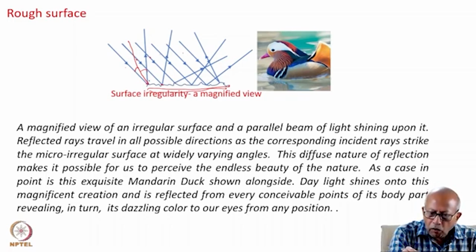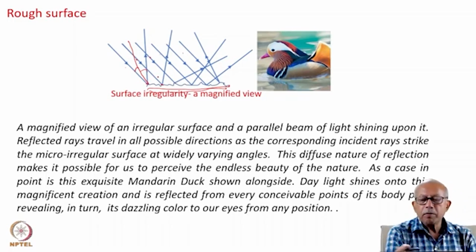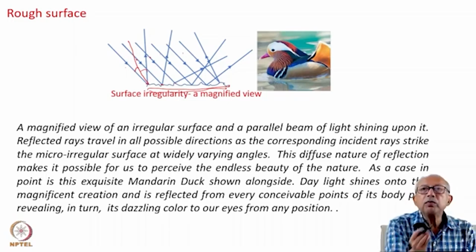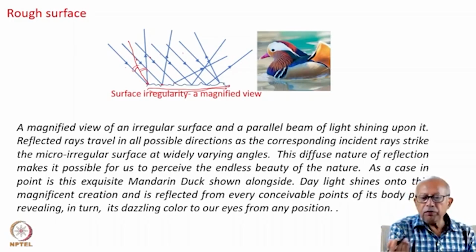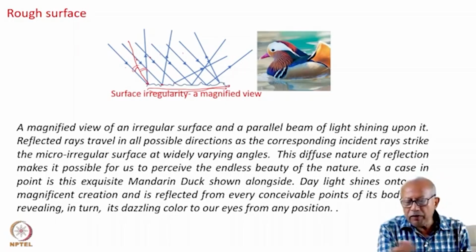Although all these reflections follow the specular law of reflection, that is, the angle of incidence equals the angle of reflection, because the reflected rays travel in all directions, this kind of reflection is often termed diffuse or